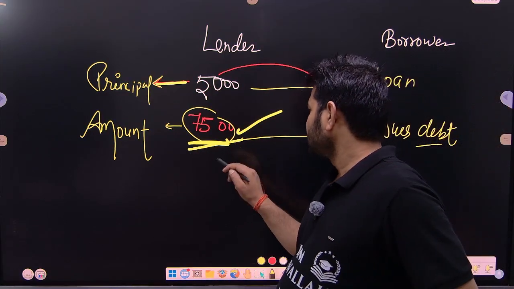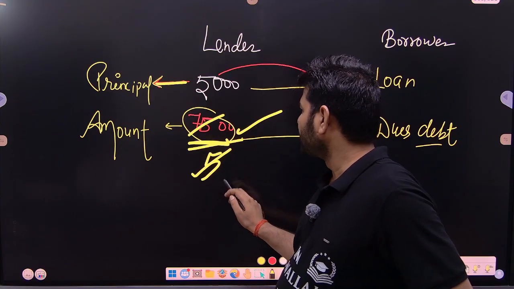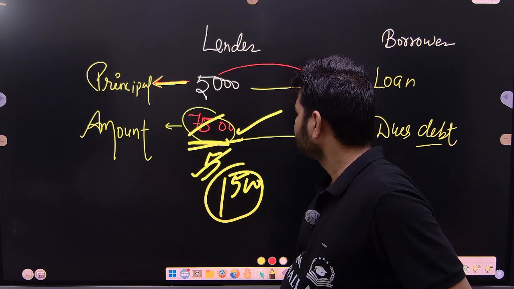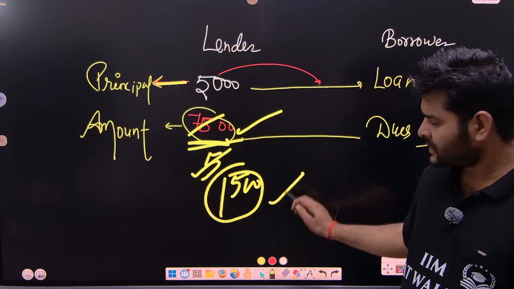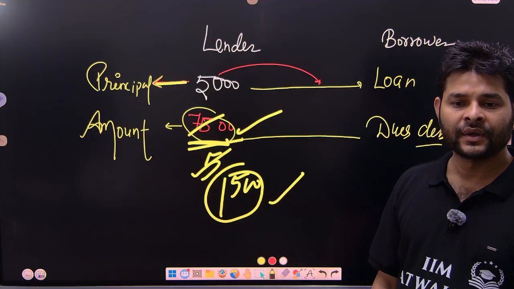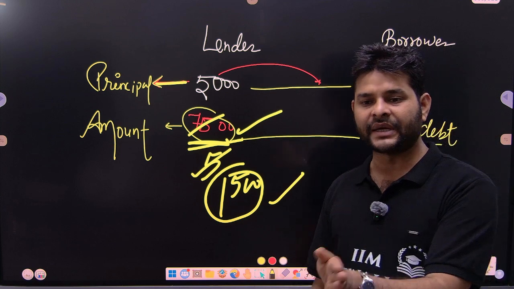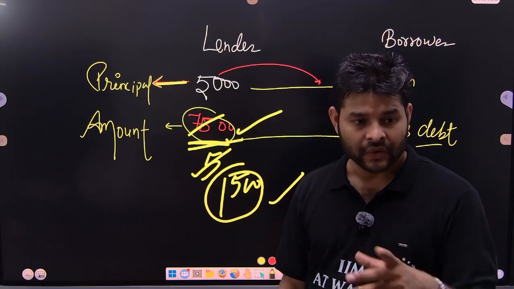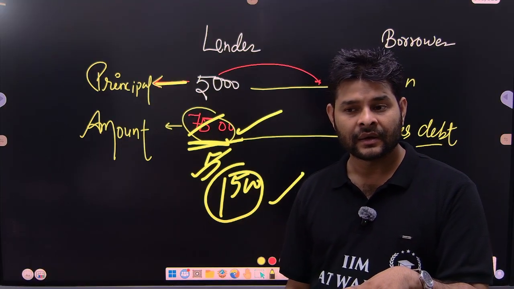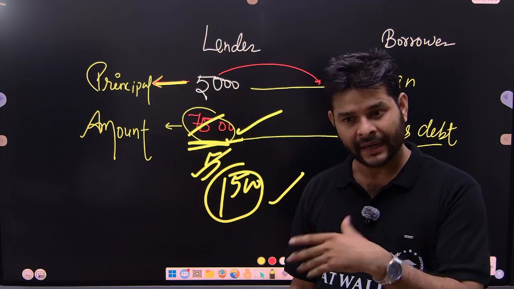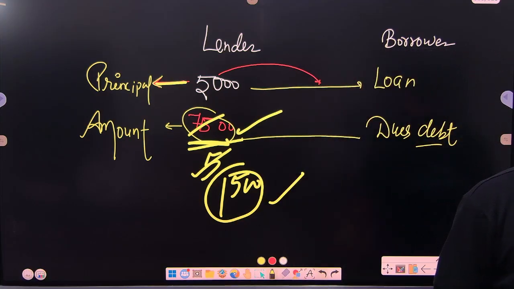So I say yes, immediately I can convert this 7500 into installments. I divide by 5: 1500. And I say, just come to me at the end of each year and pay only 1500. If you pay 1500, you would be able to discharge that 7500. So now my question is, am I doing the calculation right or wrong? Is it correct to say this or not? Am I cheating somewhere, or is it good to say?